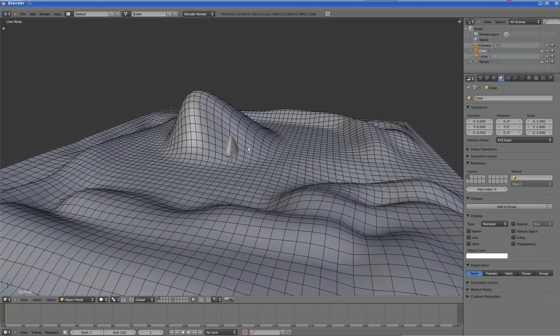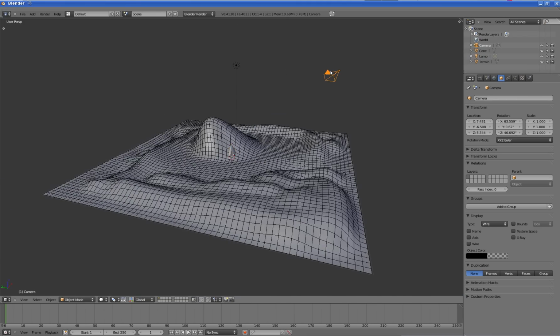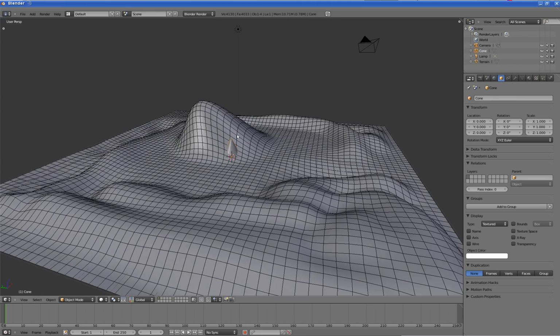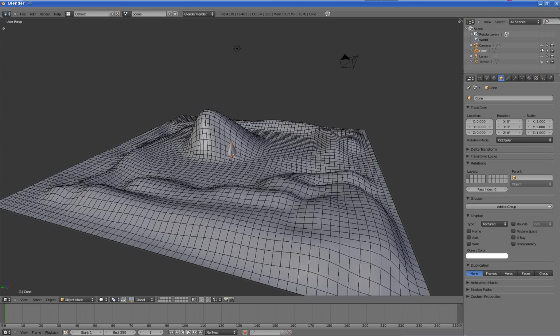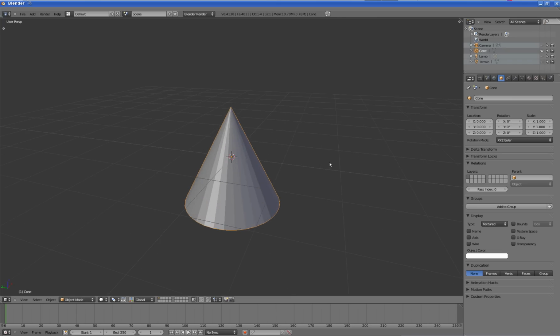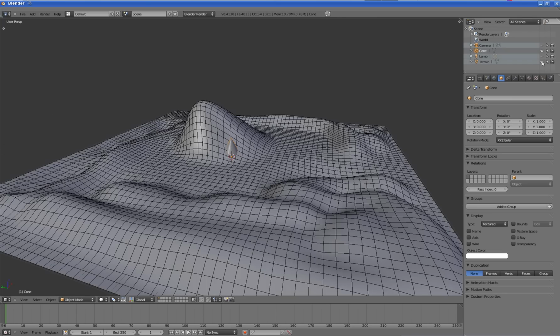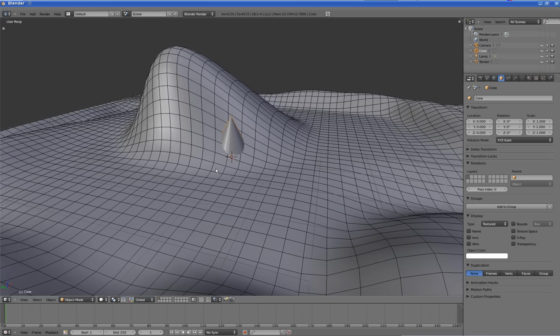You'll notice that in my first layer I have these four objects: the lamp, the camera, the terrain, and the cone. I want to temporarily just see the cone and do some operations on it. To do that I can just hide the cone, hide the lamp, and hide the terrain. This is one way, but there is another nice way in Blender wherein you can temporarily go to something